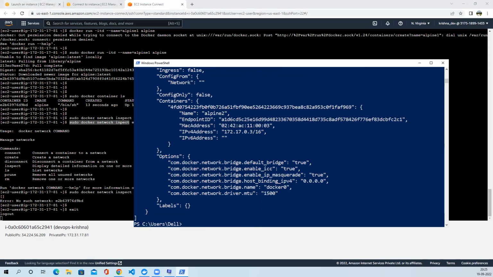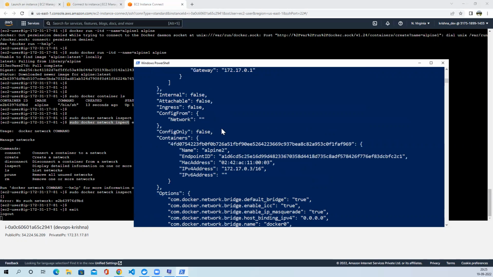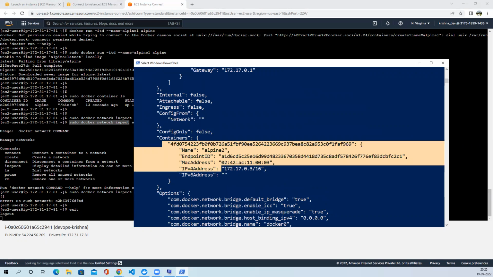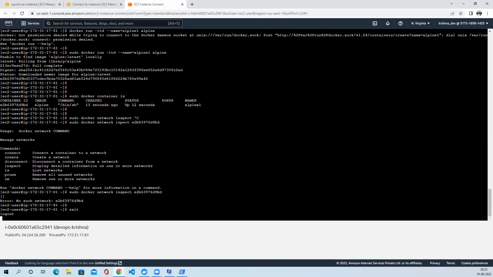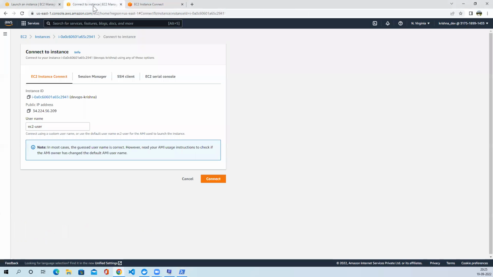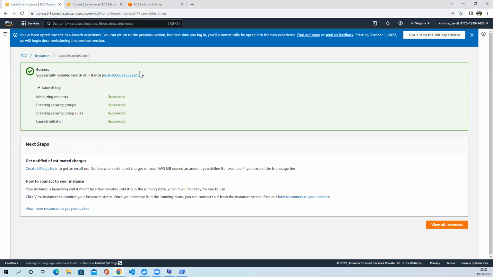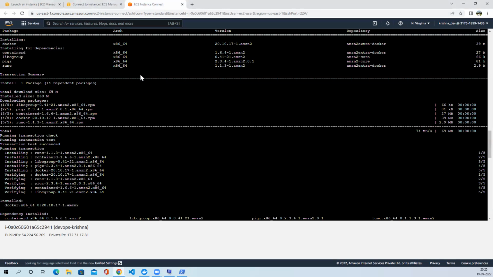Once you give the bridge, you will get one like this alpine 2. So here also we have to. If it is spun out, you can go for this and launch